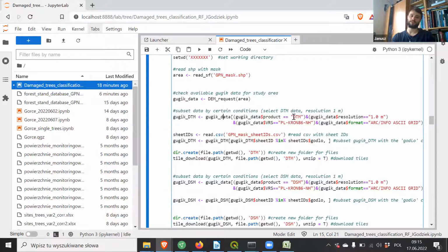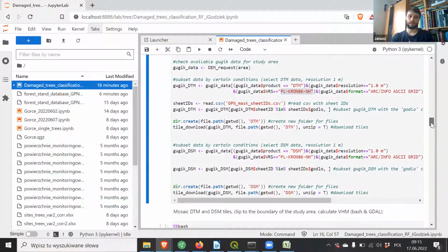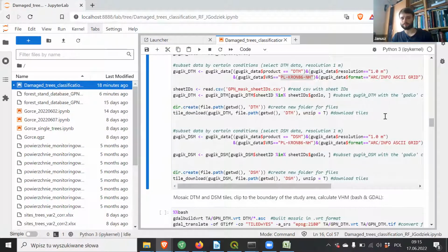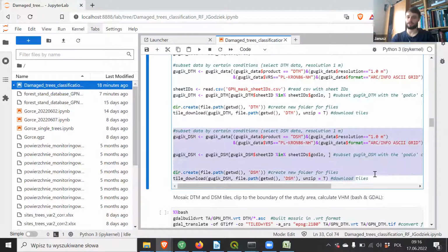For example, if it is a digital terrain model, what is the height reference, what format, which resolution, and then you can use just one single function from this library to download tiles and save them in one folder. So similarly, I did for the DSM, and